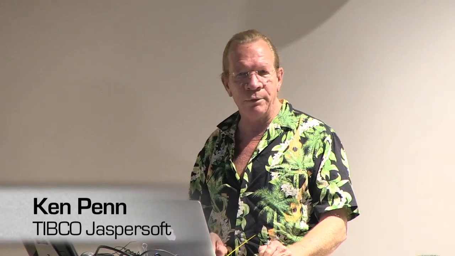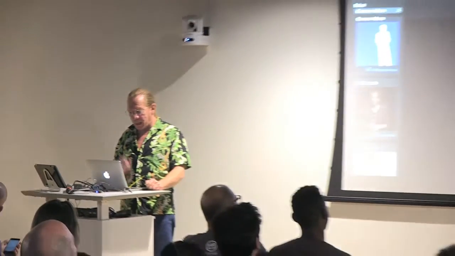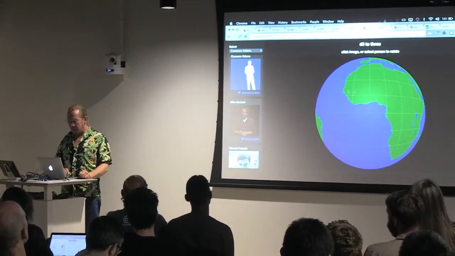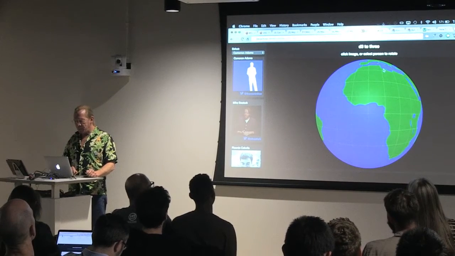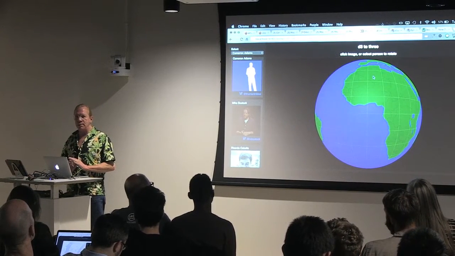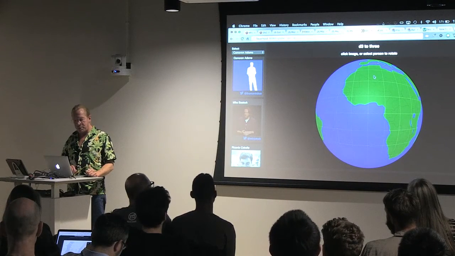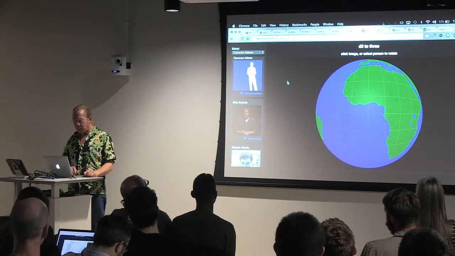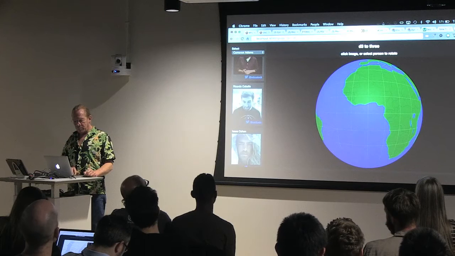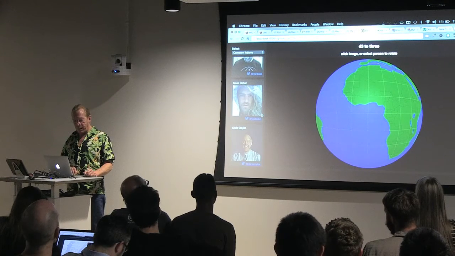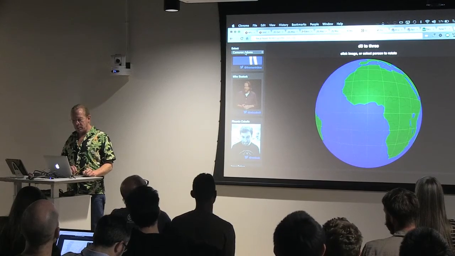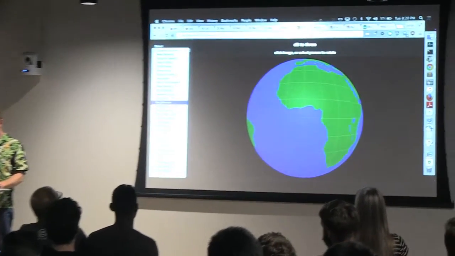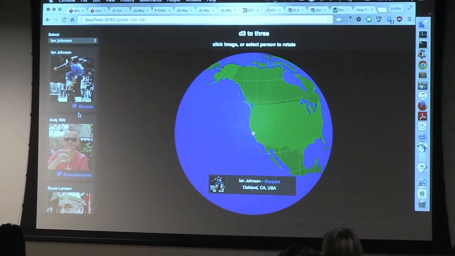I got obsessed with the idea of doing maps, this is using D3 and Three.js. And how this works is the maps use Canvas. The maps are generated with GeoJSON using Canvas to generate textures for Three, and then using D3 to handle the transitions and interpolation. So for example, if you wanted to see Ian Johnson for some reason, you can see